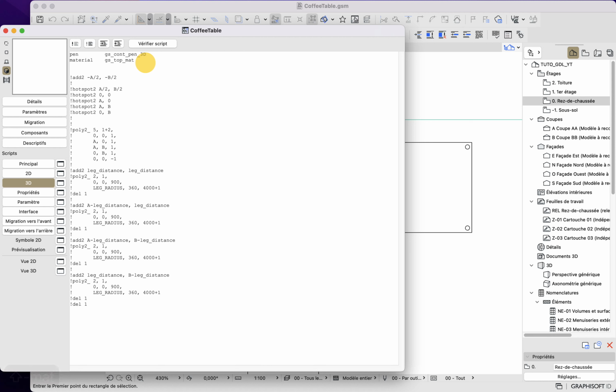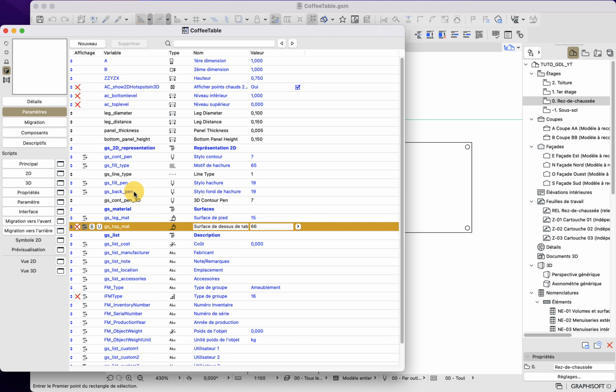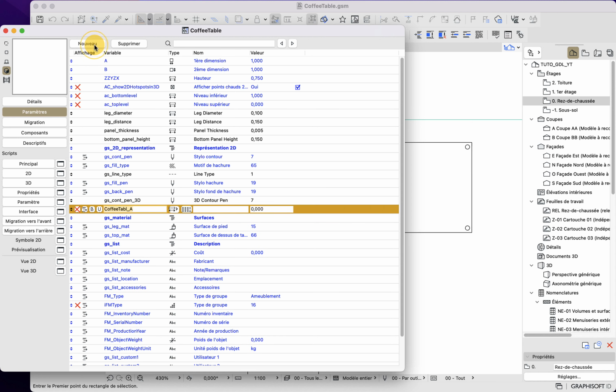And then we do not have a line type, but we have a way to manage facets in 3D, which is with the resolve command. The resolve command looks for one argument, which is of integer type. So here we will create this one command, and name it GS resolve.